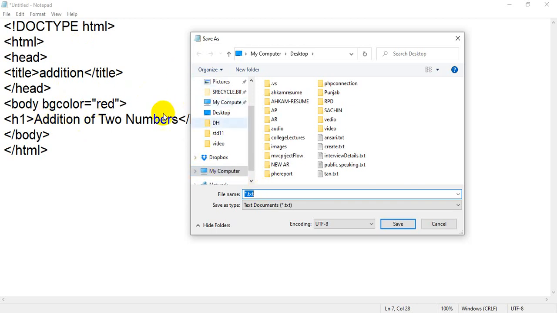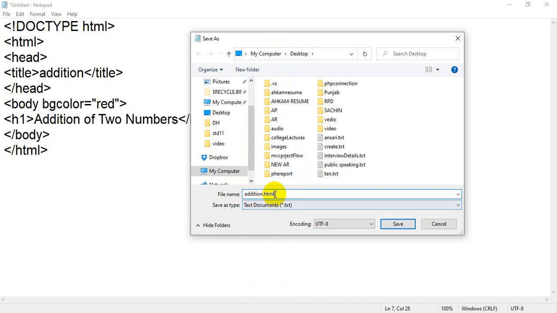So the first time you click on the save button, it will open a pop-up window and ask you to assign a file name and an address. Currently I am using Save As; you will see my computer's desktop, so I am saving on the desktop, and I have to assign a file name. My file name is, for example, addition.html.